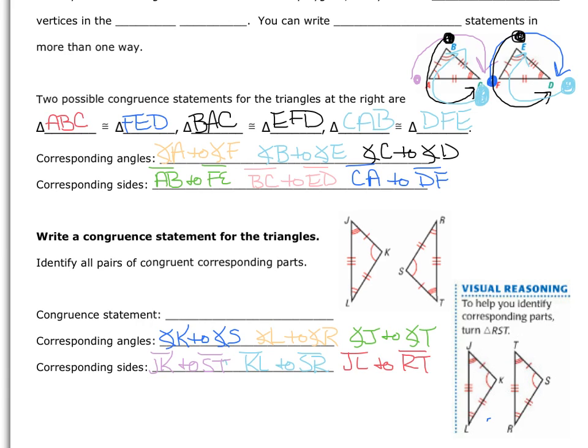Now let's write the congruency statement. And again, it doesn't matter. Congruency statements, we use symbols and letters. So triangle. It doesn't matter which one of these you start out with, and it doesn't matter which order you do the first one in. I'm just going to start down here, and typically I like to go in alphabetical order, but again, it doesn't matter. So I'm going to start down here where they're facing the same direction so you can see that better. JKL. So I'm going to say, all right, triangle JKL